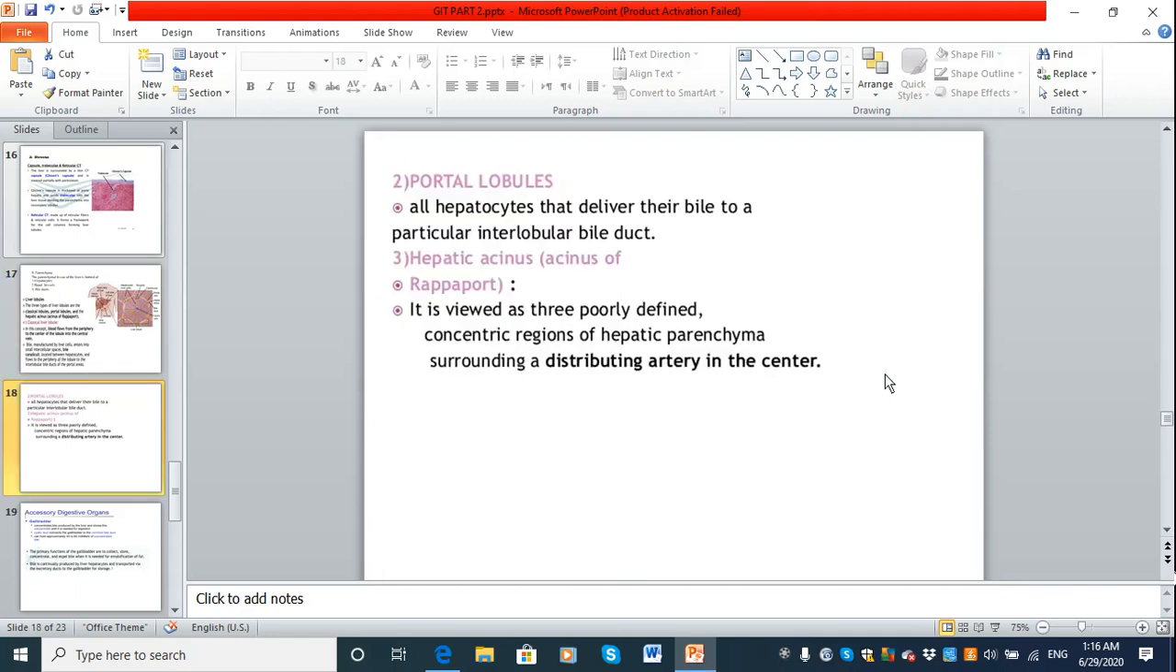The second one is, as I said, the portal lobule. It is all hepatocytes that deliver their bile to a particular interlobular bile duct. The third one, the hepatic acinus, constitutes three poorly defined concentric regions of hepatic parenchyma surrounding and distributing all of them in the